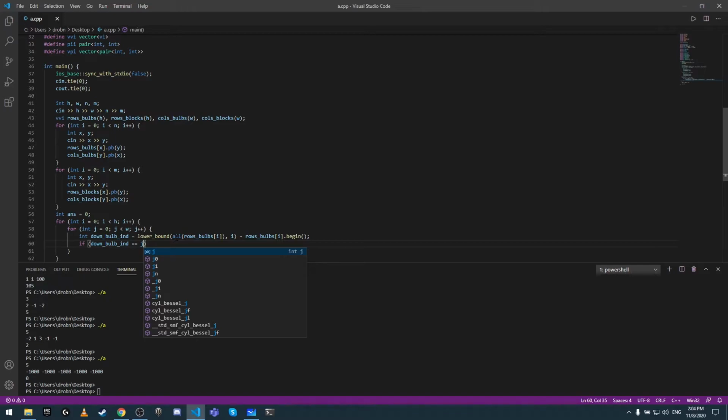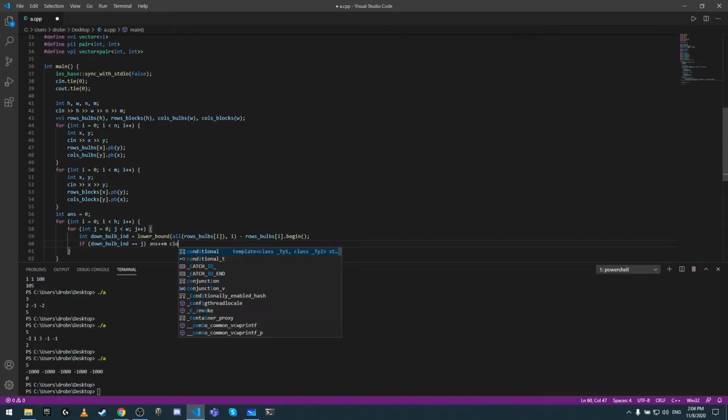But if I will, then my rating will go above 1000, which would be nice. So down, interesting. Okay, then we do ans plus plus, and